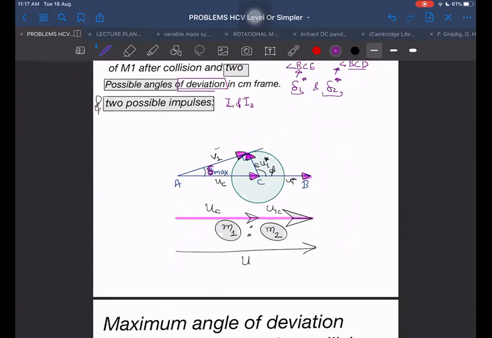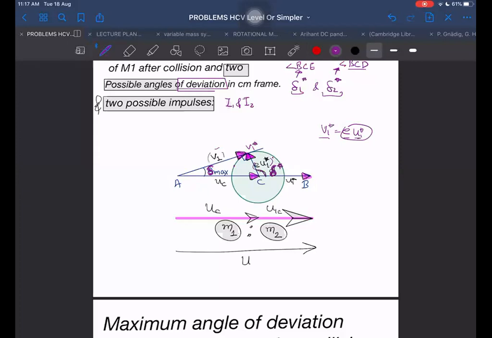Obviously, the tip of the V1 vector can lie anywhere on this circle of radius E into U1 star, because we know that the final velocity V1 star will be just E into U1 star. U1 star is fixed, and E is fixed for a given question, when they say for a given value of E. Then V1 star magnitude wise will be fixed, but it is not fixed direction wise. So there can be different angles of deviation, and as a result V1 star will be in different directions. If the angle of deviation is delta star, then V1 star is this side, and this V1 star when added with UC gives us the final V1.